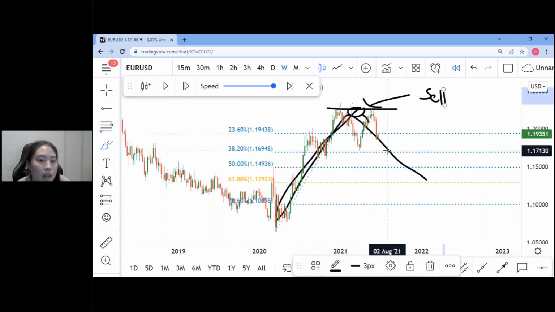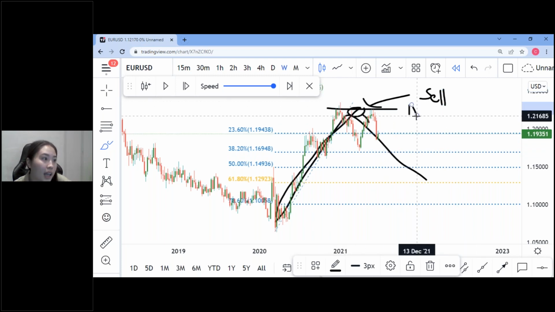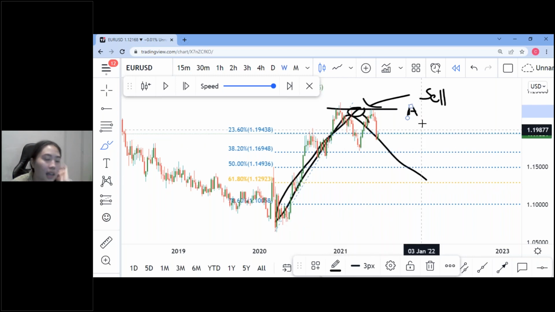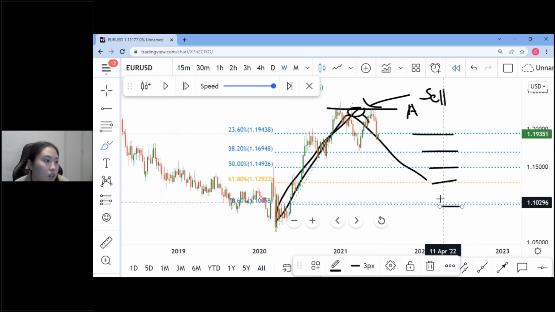Your next question is, if I am going to sell from point A, where do I get out? Where is my take profit? That is why you use Fibonacci retracement, to forecast where you think price is going to go. That is going to be your take profit. It can possibly be here, here, here, here, or here, because there are 5 levels, and you predict one of the 5 levels that price will go to.